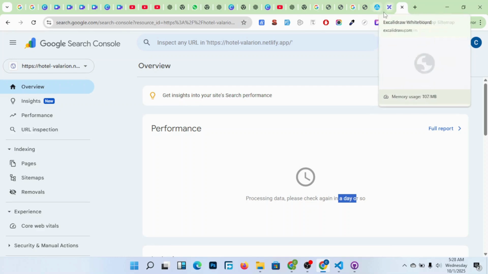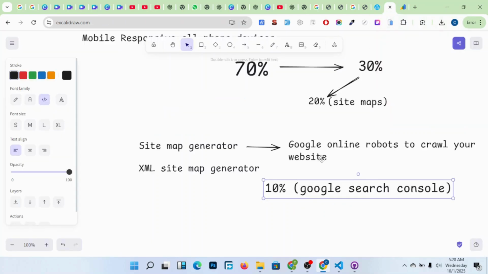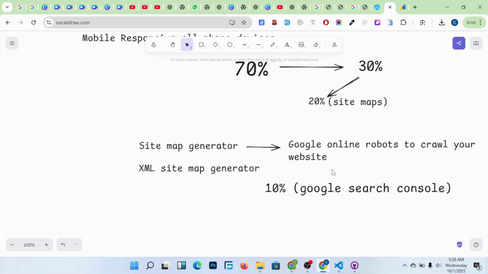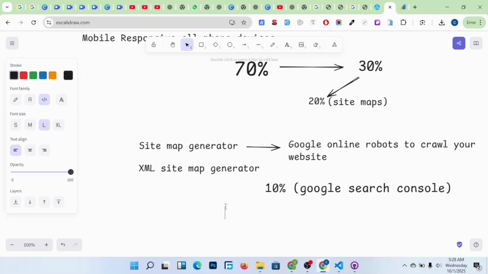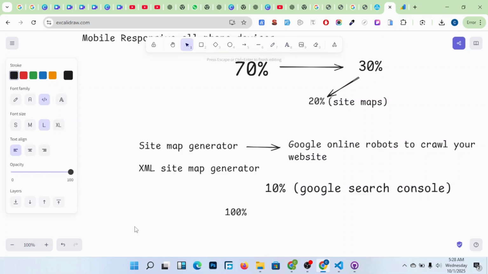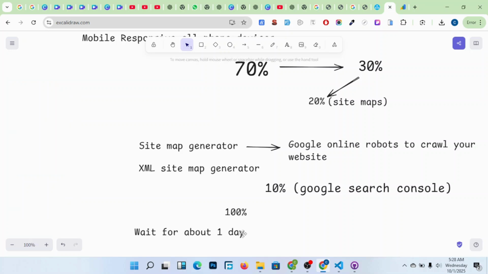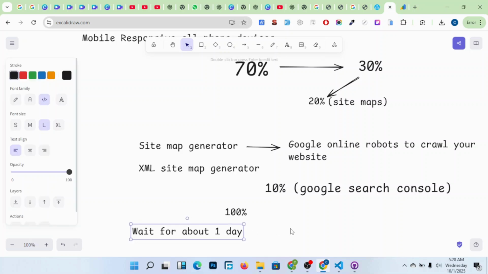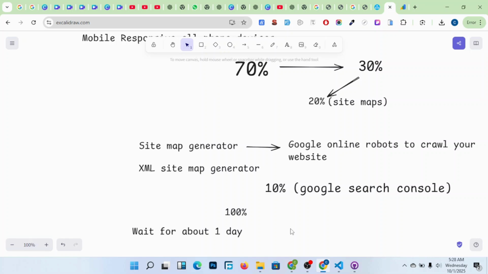day. Members, at this moment we have completed SEO 100%. So we just need to wait for about 1 day. This is 1 day or 24 hours. So when we come back the next day,